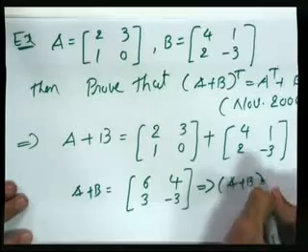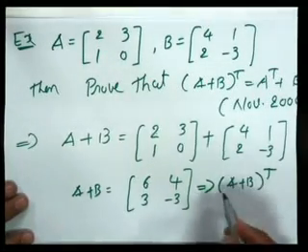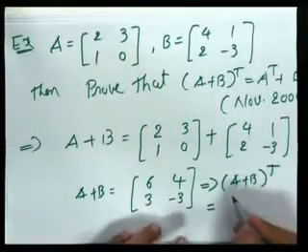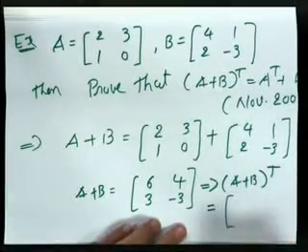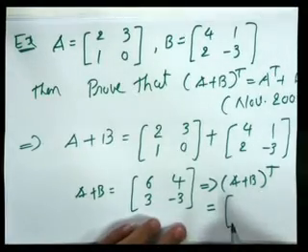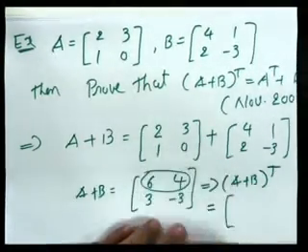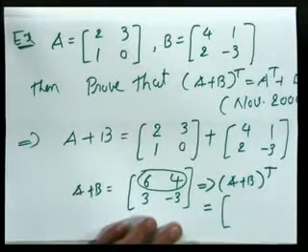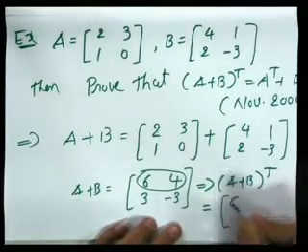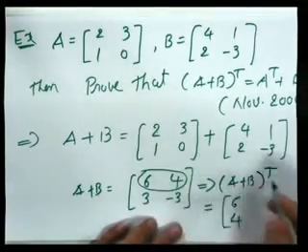So now the transpose of A plus B. To get it, we need to change every row into the corresponding column. The first row is 6 4, so we will interchange it into the first column. So our first column in the transpose matrix is 6 4, and the second row is